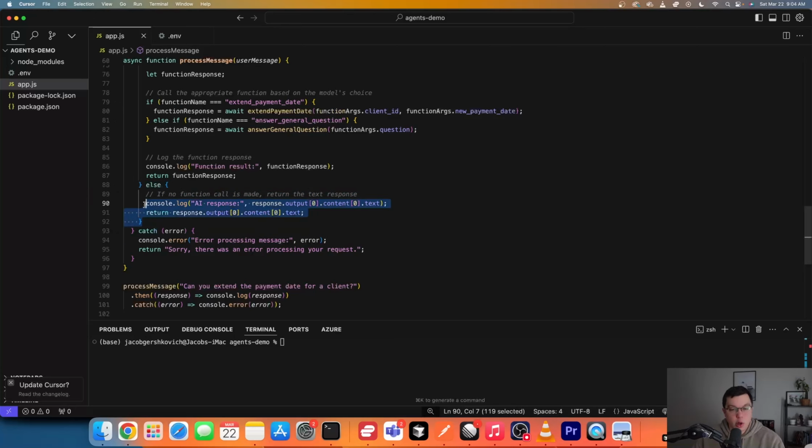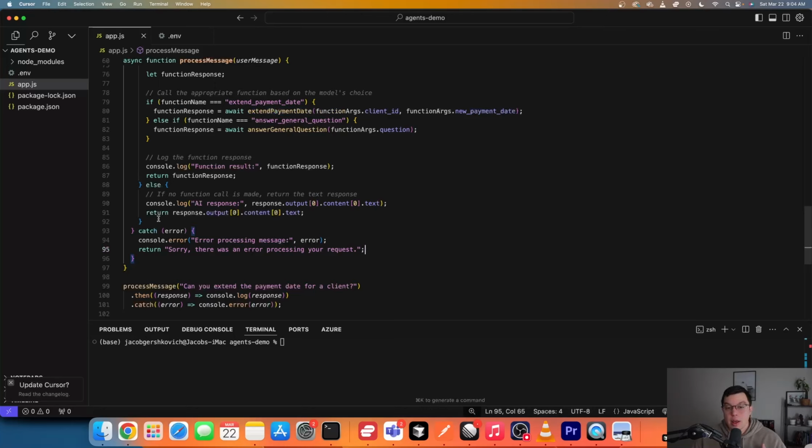Now, this is a little bit more complicated than that, because if the user, for example, wants to extend the payment date for a client, like we said earlier, in order to use this tool we need to know a few things about this client. We need to know the client ID, and we also need to know what the new payment date is going to be. Those are required parameters in order to execute this function.